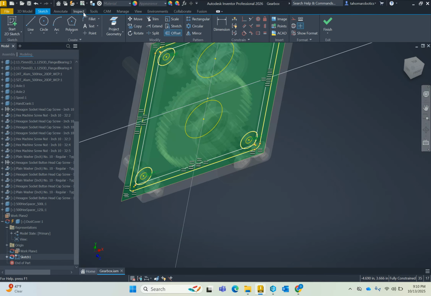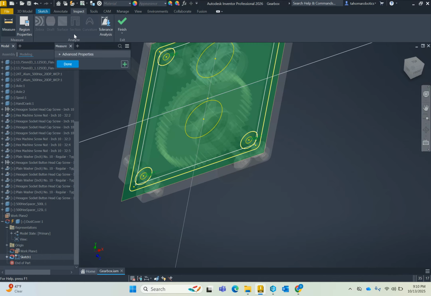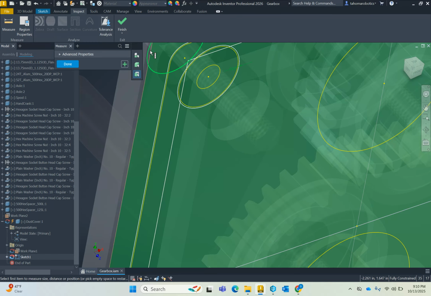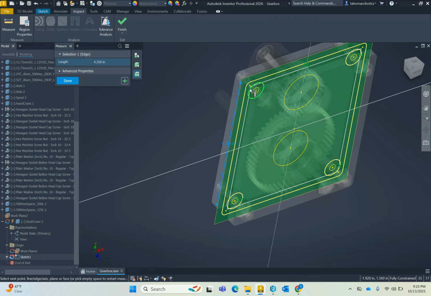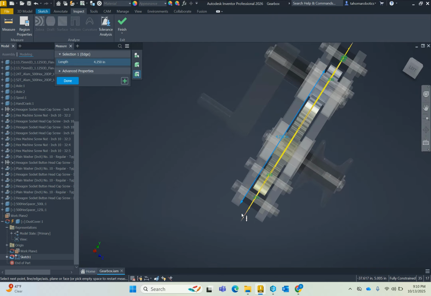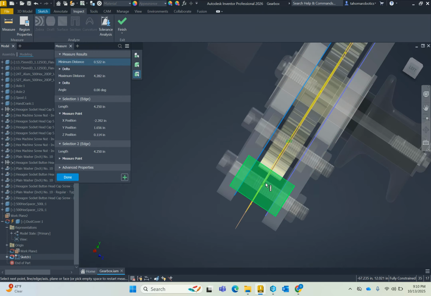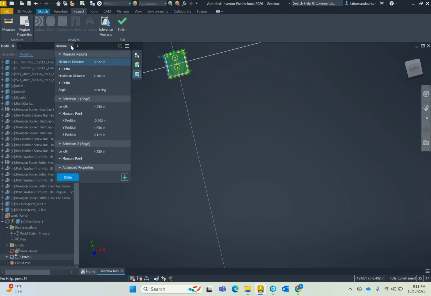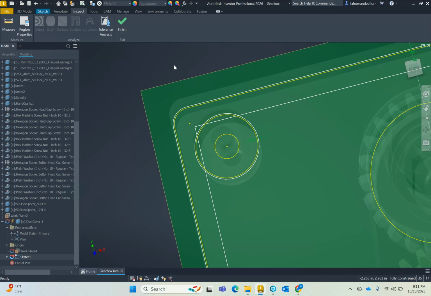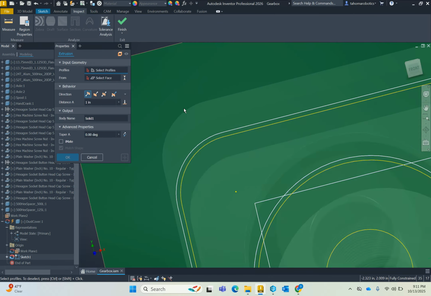One thing we want to do is measure the distance between the two plates. So we'll go between here, and I want to make sure I select the right thing, and here, and that is 0.522. And so I asked you to make it 10 thousandths less, so go 0.512. Basically, we're going to hit E for extrude. We're going to extrude